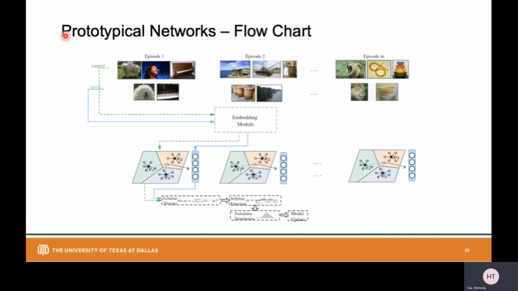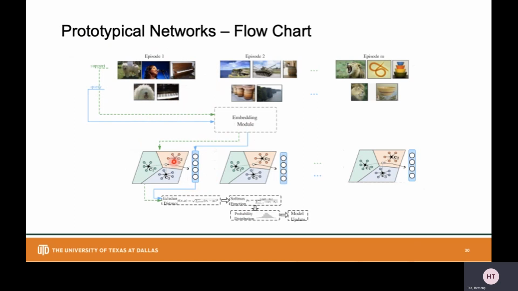And so here is a flow chart of the prototypical network. For each episode, we will have a task, right? For each task, we will have the labeled support samples and the labeled query samples. They will be forwarded to an embedding module to get the latent feature space. In this latent feature space, we calculate the prototypes from the support samples.